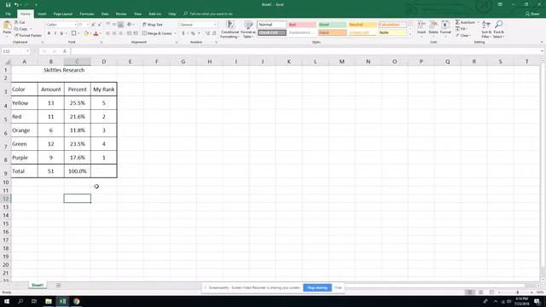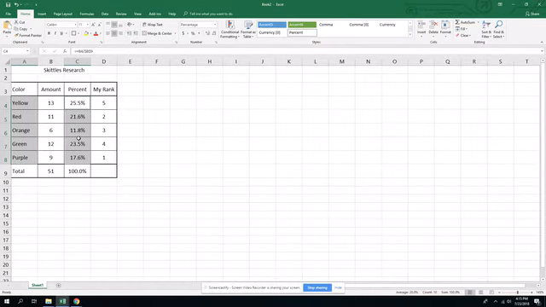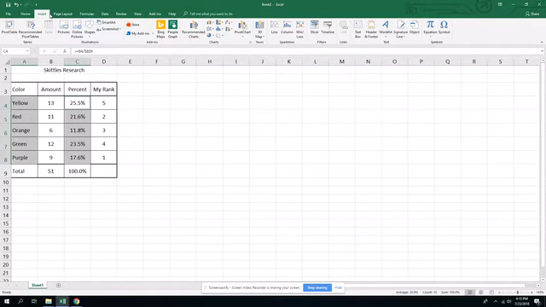The next thing we can do is go ahead and graph this. So let's go with the pie chart. So I'm going to highlight the colors of the Skittles. I'm going to hold down the Control key on the keyboard after I select them and hold Control, and then I'm going to highlight the percent. Now, if you have any errors with this, it's always in highlighting. Anytime I help a student, they just haven't highlighted right when their graph doesn't come out. So, and I'm going to go to Insert because I want to insert something, and I'm going to go to